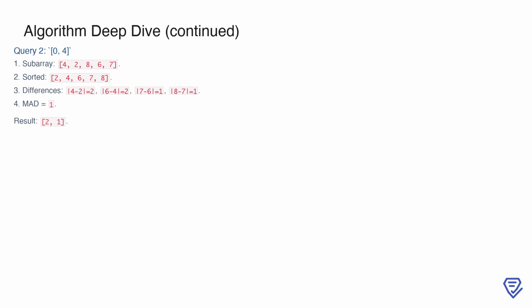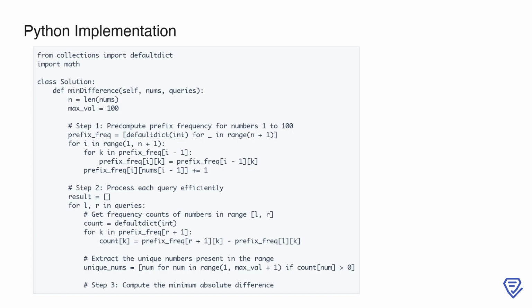Combining the results of the two queries, we get the final output of 2, 1. This example highlights how the segment tree efficiently handles range queries and minimizes redundant computations, providing an optimized solution to the problem. Here, we begin by importing the necessary libraries, defaultdict from the collections module and the math module for